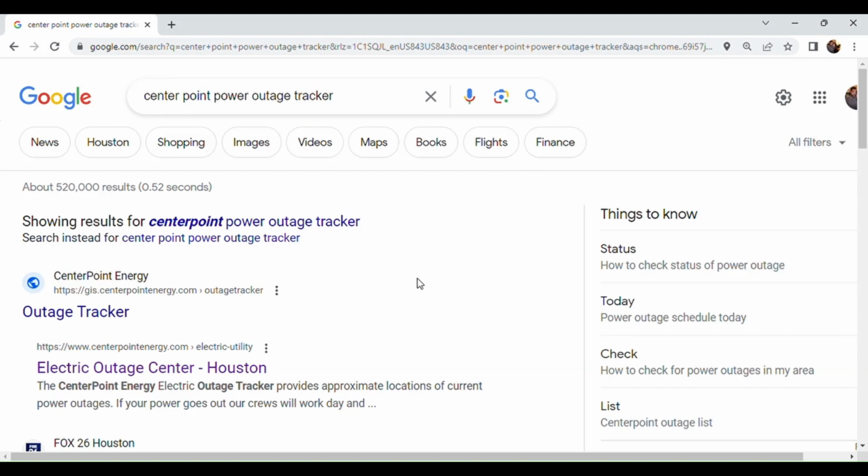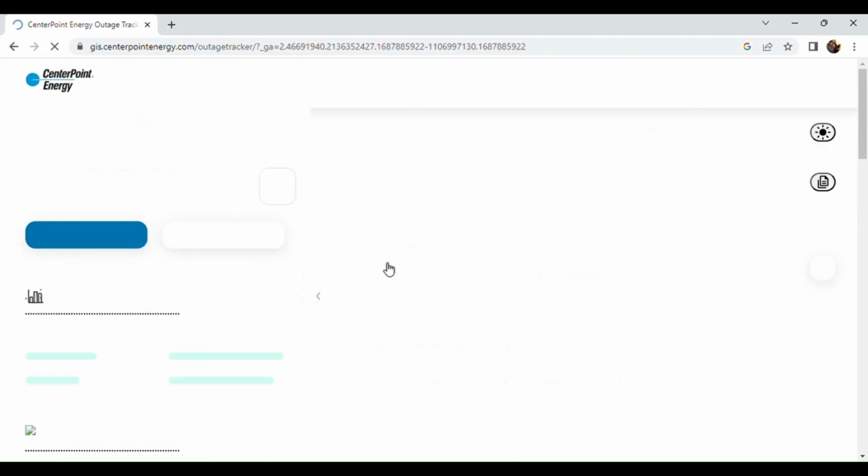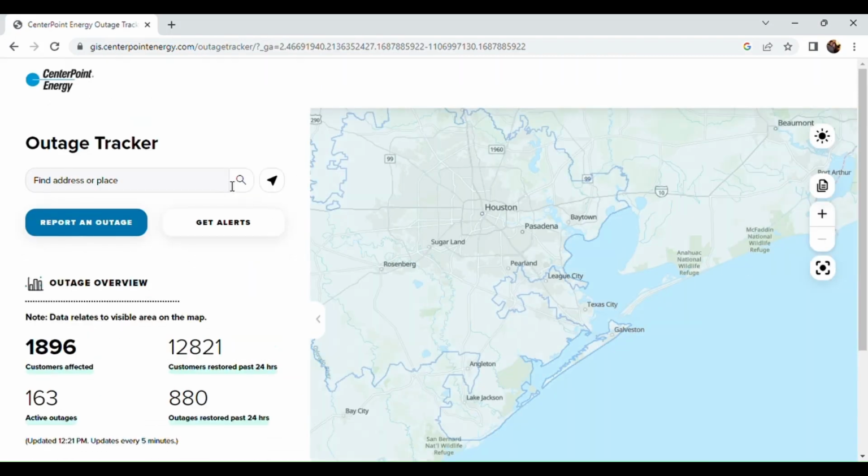Okay, so it's centerpointenergy.com. You can view the outage tracker, so you can see if there's an outage in your area or anywhere near. You can put your address. As you can see, there are a few outages happening in Houston. So if you click on any of them,